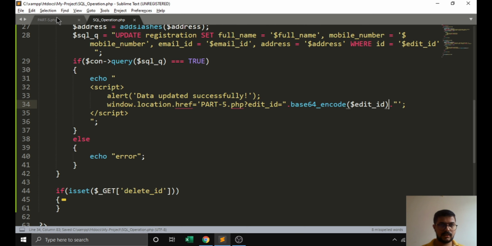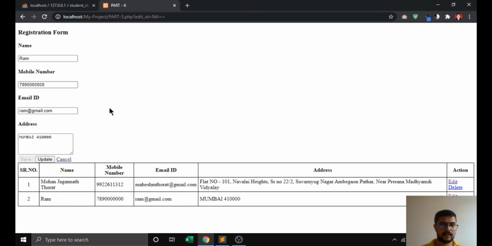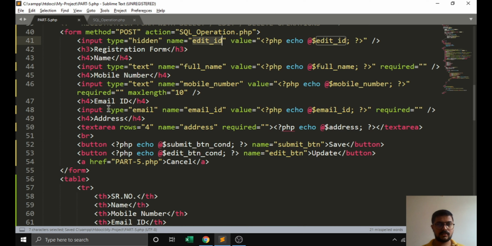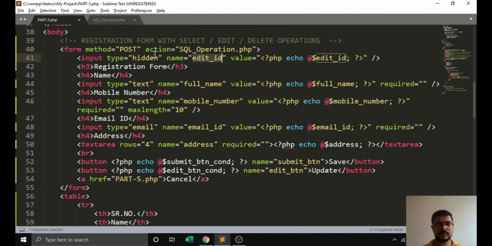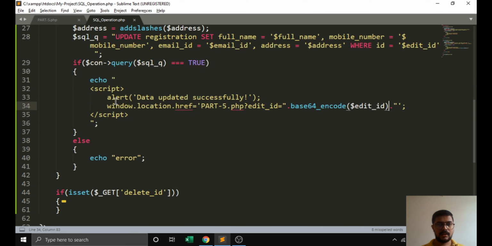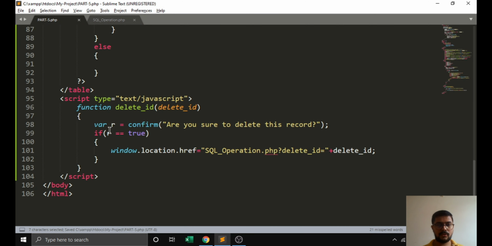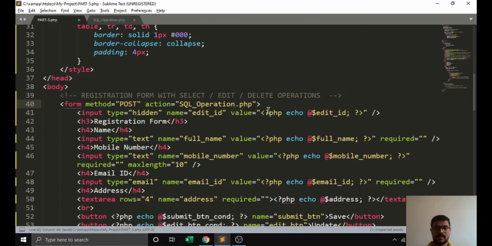We have done these things like updating and deleting data over here, and we can build any application with the help of this. In this session we have looked at the SQL operations like edit, delete, and the JavaScript stuff also. By using this you can create authentications, asking questions for particular actions.